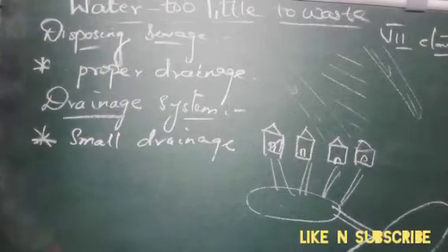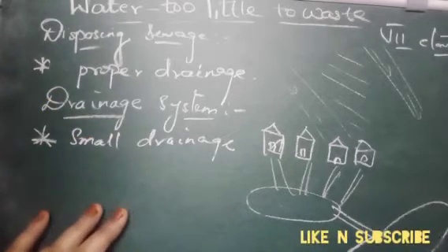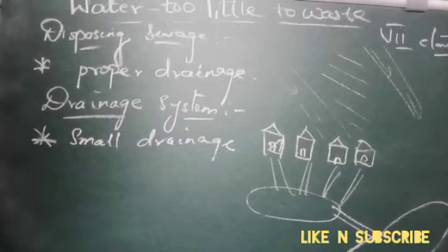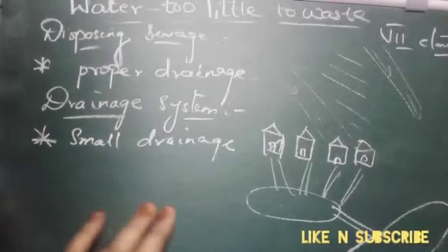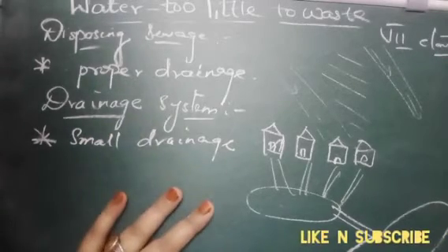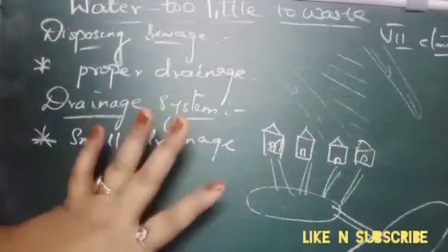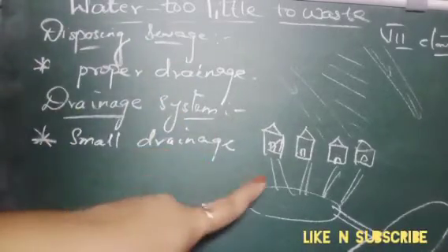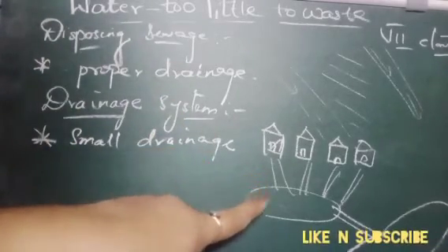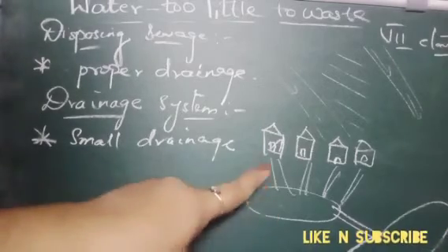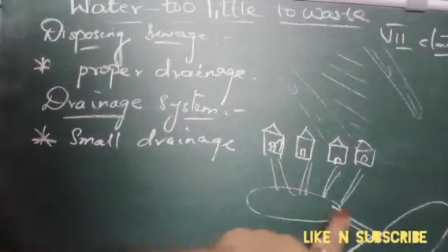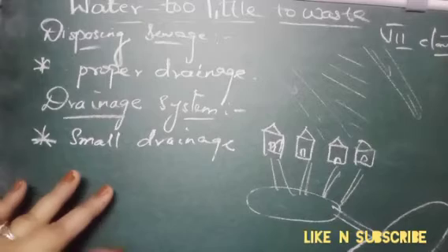If there are no canals, we have pipeline system, right? In our city, mostly we have pipeline system, right? So in most of the big cities, whereas in villages they have canals, in cities we have pipeline system. Okay, pipes are arranged and through those pipes the water will flow away.